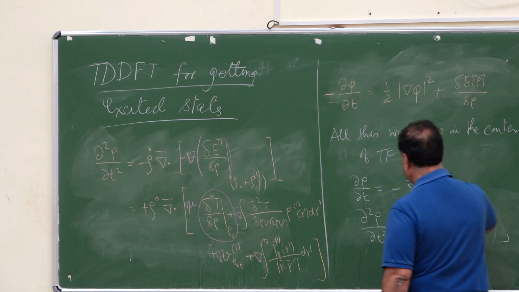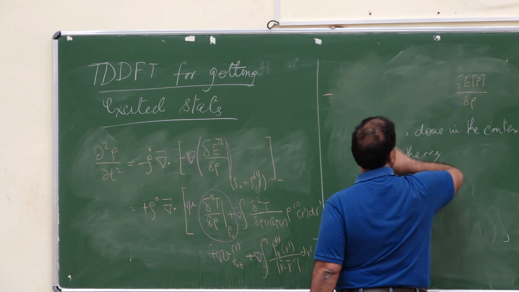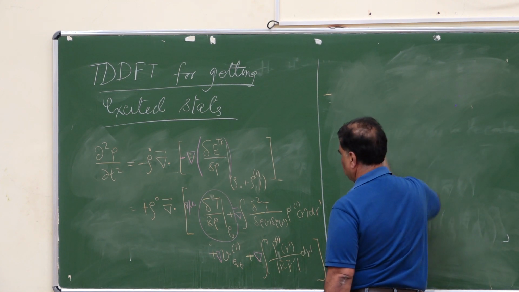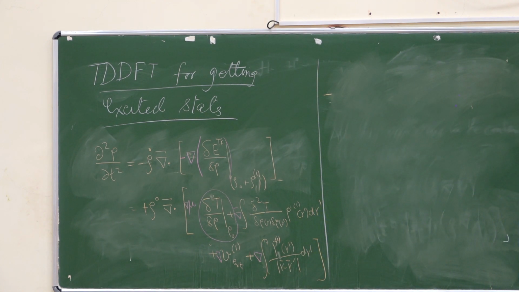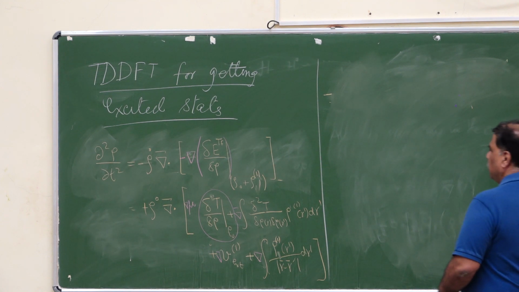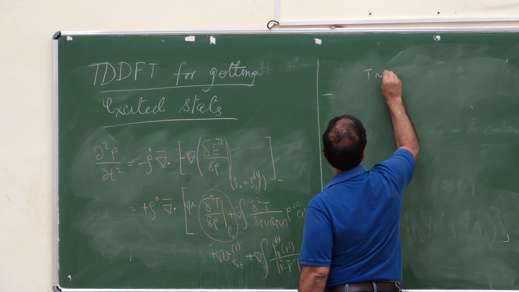Now I'm going to make certain approximations. Rho 1 is very small. And if you look at the second derivative of the Thomas-Fermi functional, right? P is proportional to rho raised to